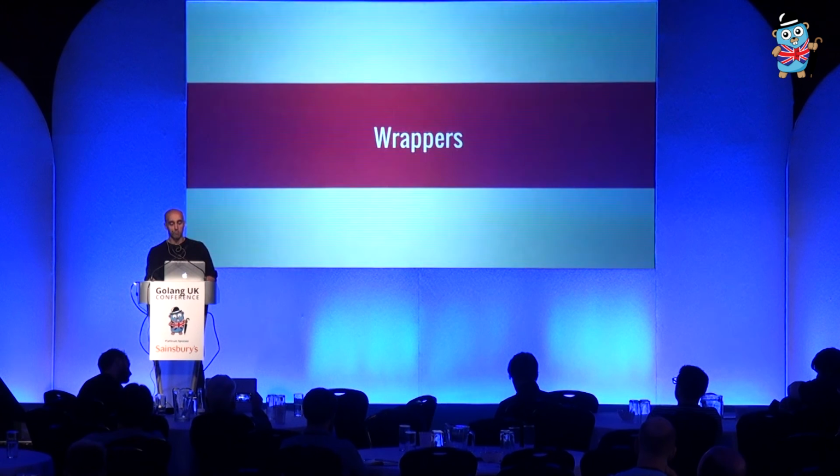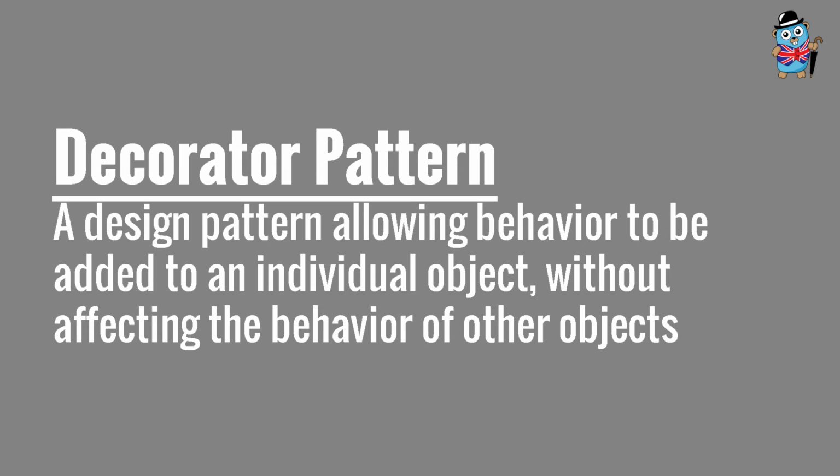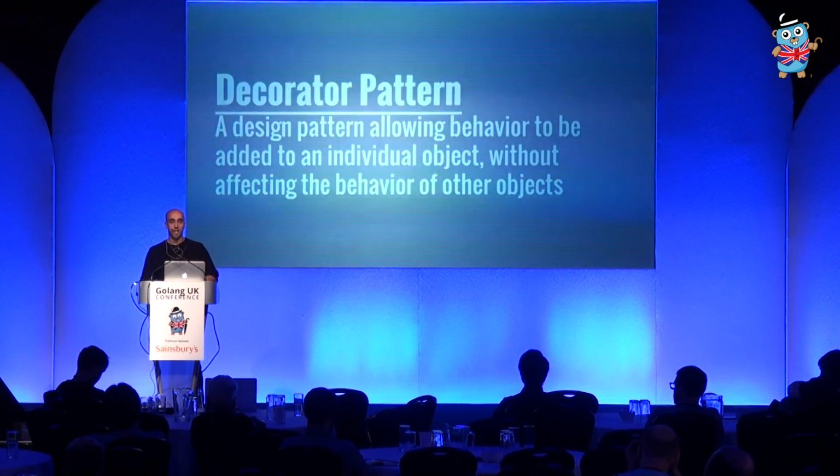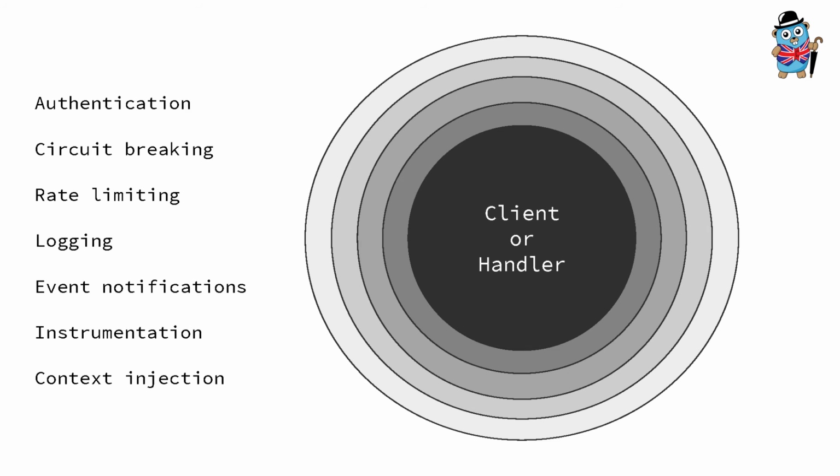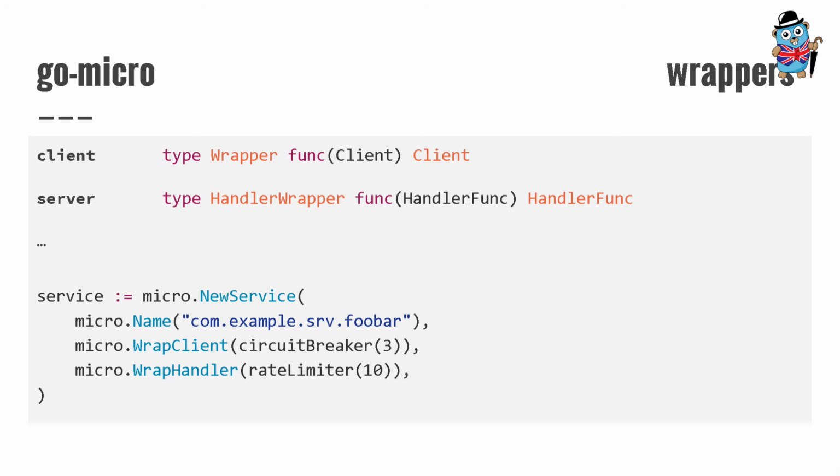And I think that's where the idea of middleware comes in, and what I'm calling wrappers, essentially, because what it's using is the decorator pattern. And so it's essentially augmenting the behavior. The wrappers will essentially augment the behavior of your handler or your client, and the actual core code will not really know what's going on, but you can add things like authentication and distributed tracing to it. And so the idea is essentially it's like the layers of an onion, right? So you've got your client, you've got your handler, and you can just wrap around that and do all of these things if you'd like to.